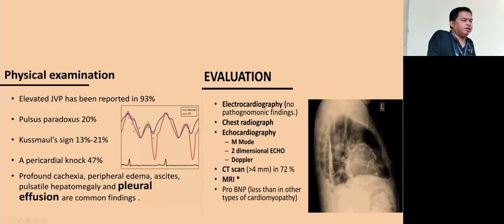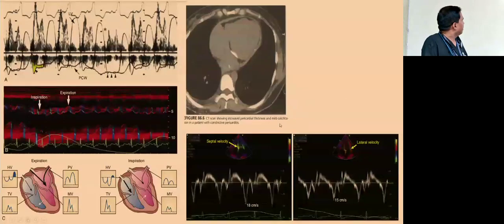This NT-proBNP will be elevated in myocardial diseases rather than constrictive pericarditis. Why? Because brain natriuretic peptide is released when there is a stretch of the ventricles. So when the myocardium is affected, at that time the BNP will be elevated. But in constrictive pericarditis, it is near normal; it won't be elevated. So again,